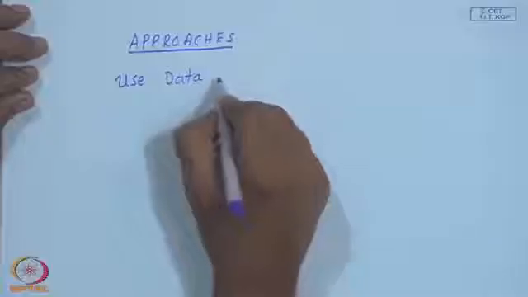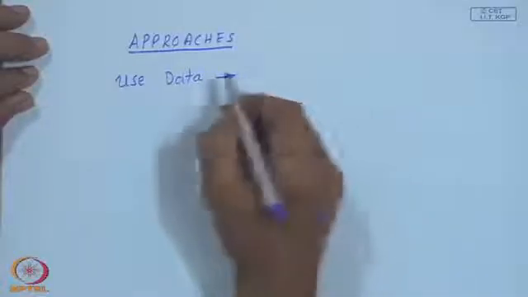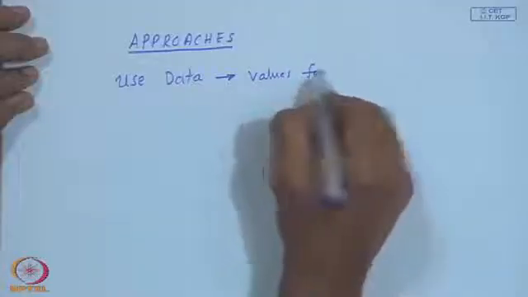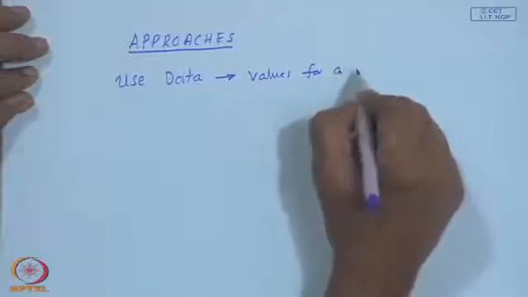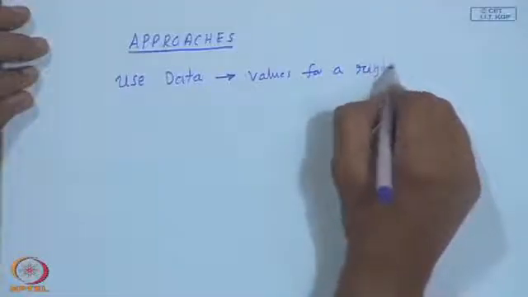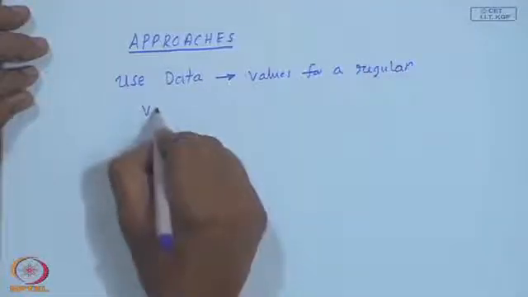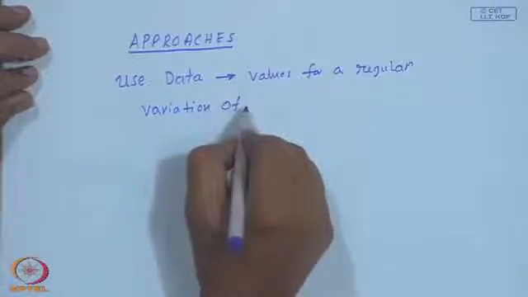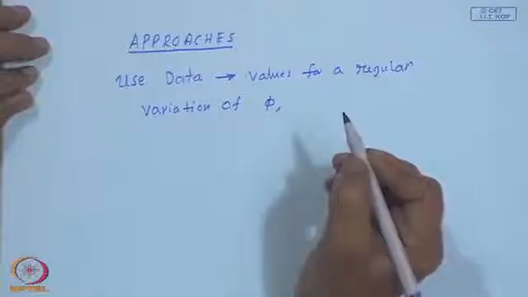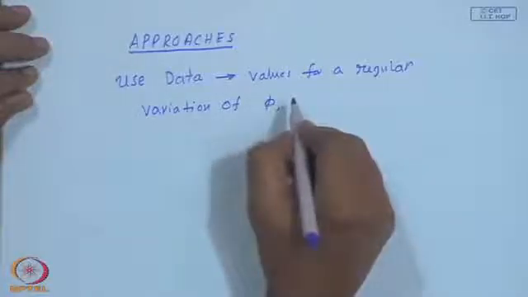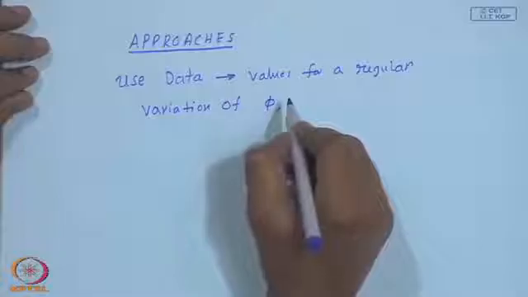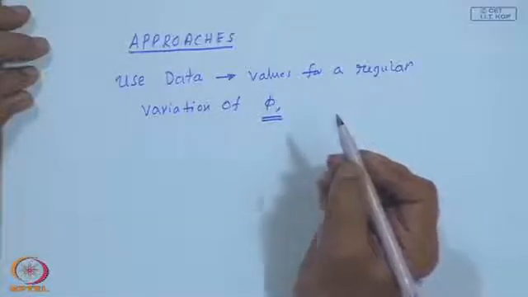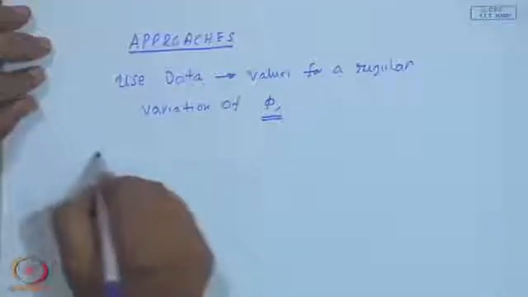The second thing is one may not be able to have values for a regular variation of phi, particularly beta, delta and gamma are in my hands, but not latitude. Okay. So, the other alternative is